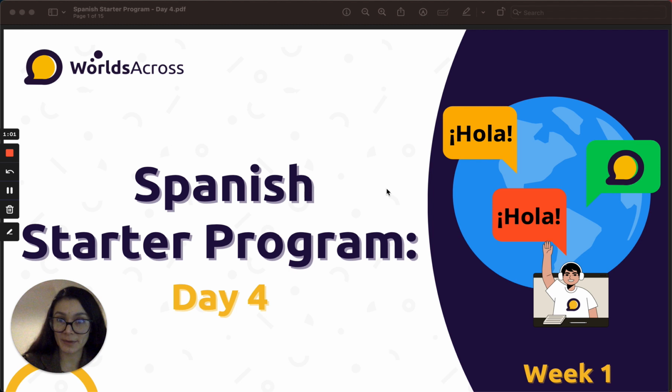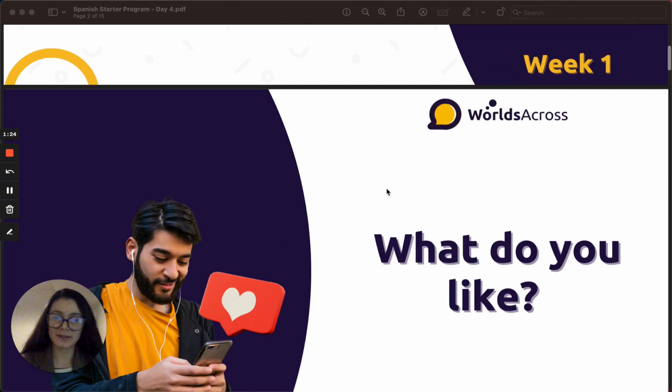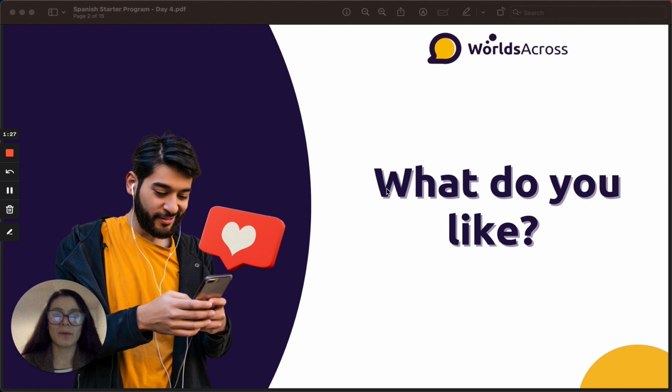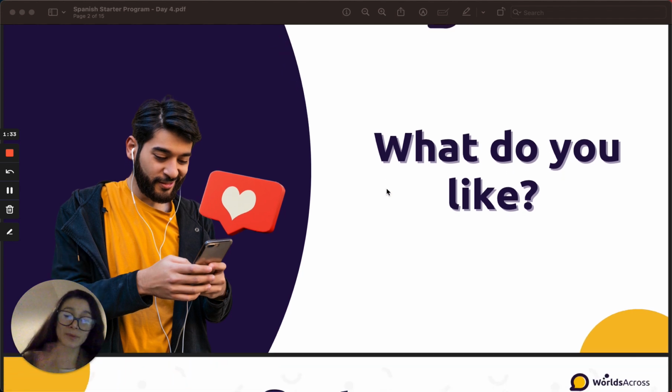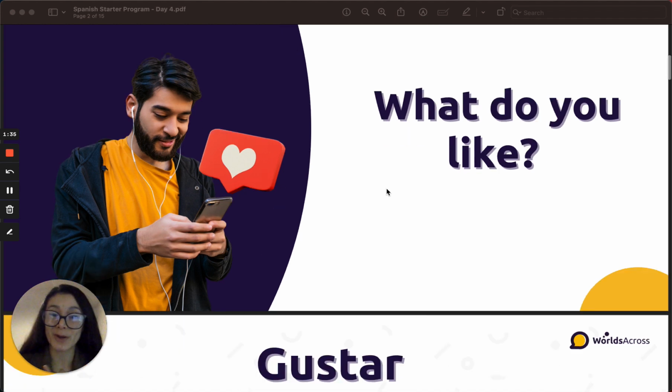Probably you have heard about this, and it's the verb gustar, right? It's one of the main ones, but we also have others, such as interesar, molestar. In English, you have to like, to love, to be interested in something. So we use these verbs to express that something affects us in a way. So that's why we have a different conjugation in Spanish. But we are going to see it right now, okay? Muy bien. So, what do you like? ¿Qué te gusta? That's how we start with the affective verbs, because the most important or the most common one is the verb gustar, all right?